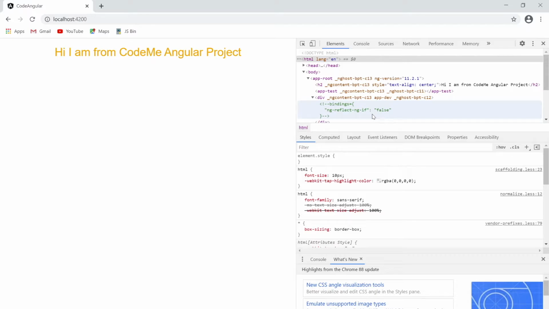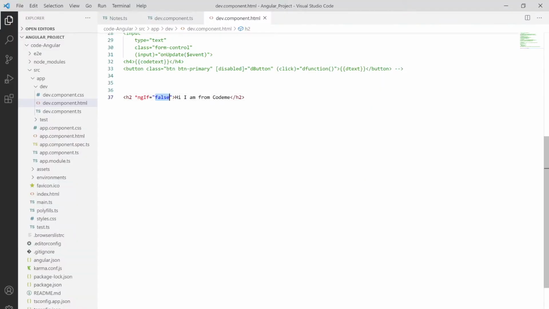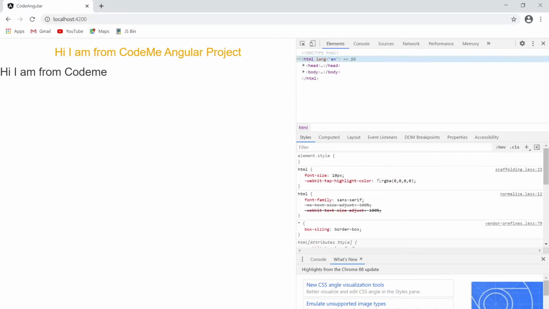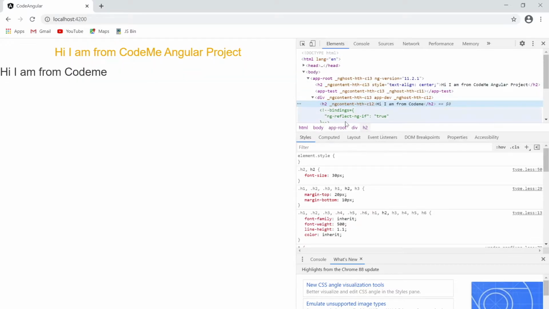In property binding it will show that the element is disabled, but here the particular element is not added in the rendered HTML. If you put the value to true and go over here, that element is added. If I go to the inspector, you can see ng-reflect-ng-if is true, that's why it's added.